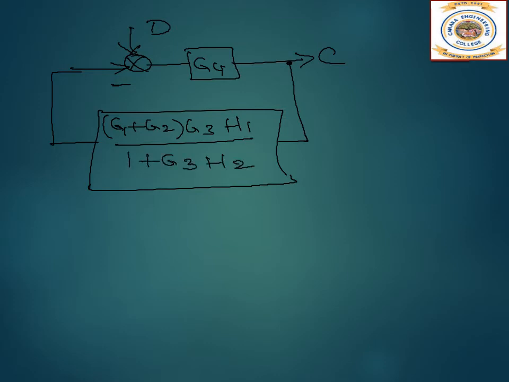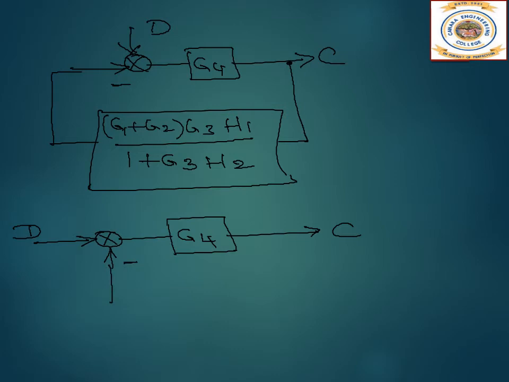Now let us redraw this again. Here this is the input, entering here, and the arrow direction G4 goes over, this is the forward path, and this will be the feedback path. You can directly do it here, or if you want me to redraw it to make it look simpler, I will just redraw it once again here. This is the conventional way we write, so it will be easier for you to understand, that is why I'm writing it over here.